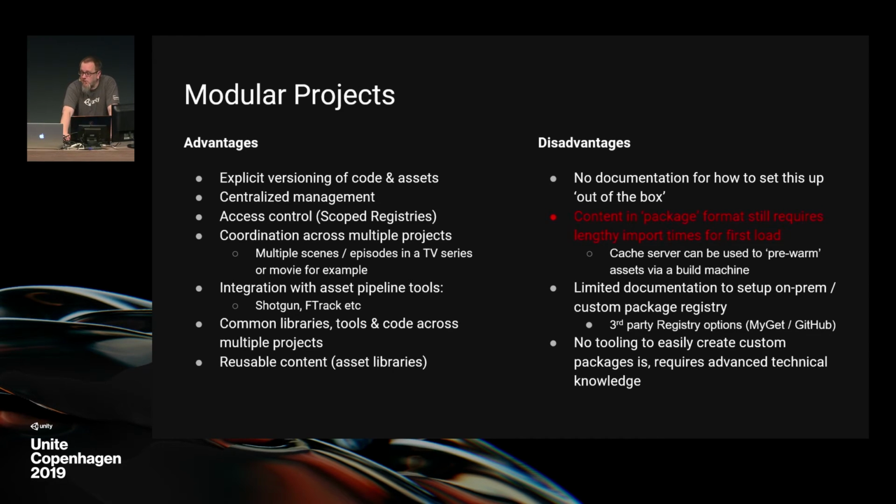You can coordinate across multiple projects for a TV series. You can integrate that semver mentality of packages into things like Shotgun versioning or F-Track. And obviously you should have all of your tools and code and everything in packages. Sherman has 0 lines of code in the actual project. Everything is in packages. Most Unity projects I'm working on these days don't have any code in the project,